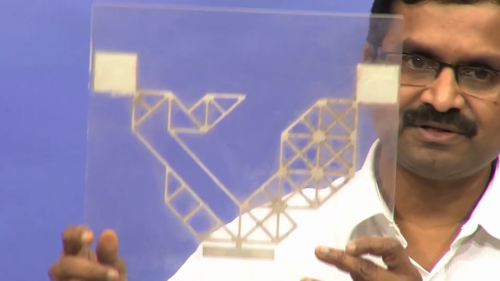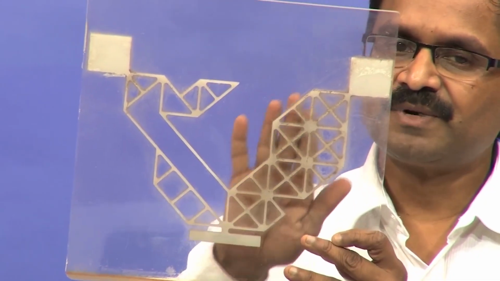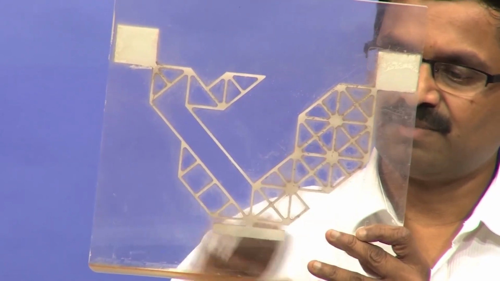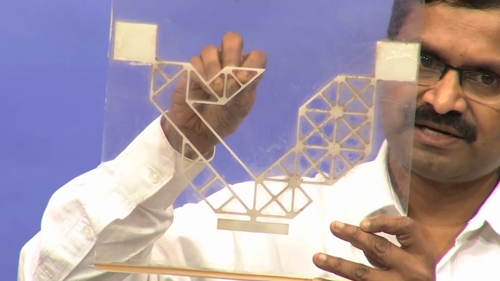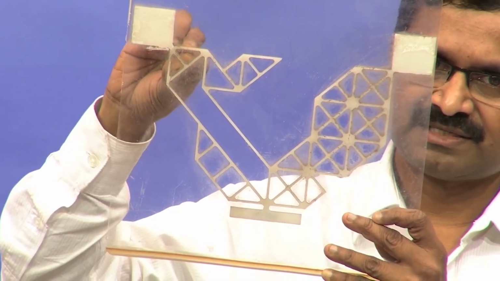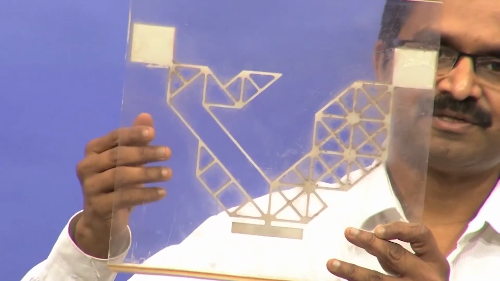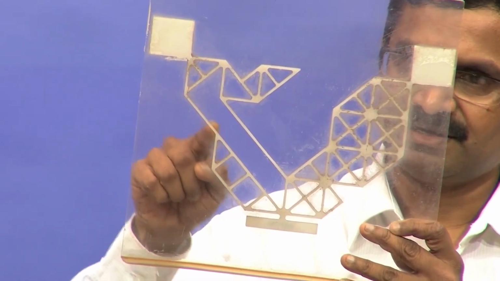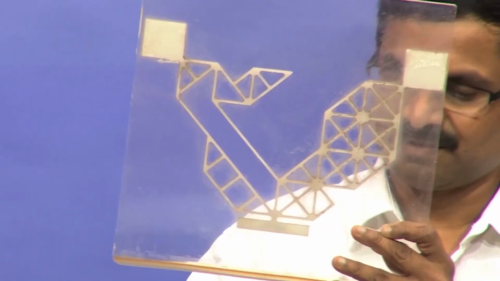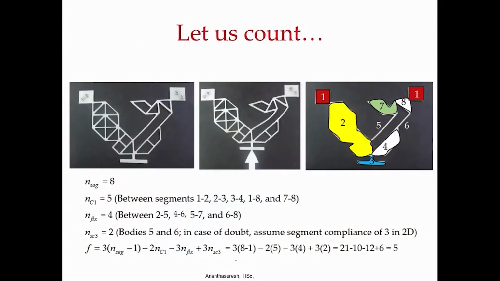Let us go back to the slide and interpret this entire thing as one rigid body, this as another rigid body, this portion as another rigid body, and this one as another rigid body. And then we have an elastic segment there, an elastic segment here. These two are elastic segments. With that interpretation, we can count the degrees of freedom. Counting is the strength of Grübler's formula. So, here if you do it, we have